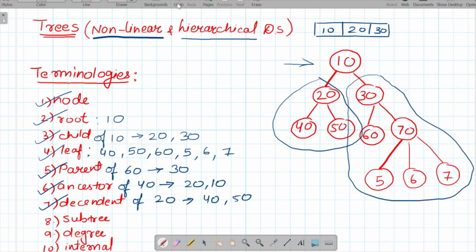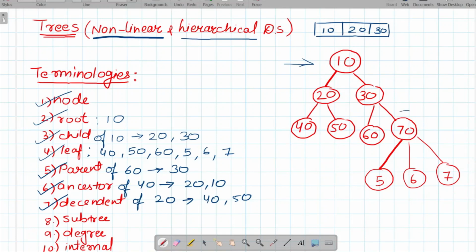There can be many subtrees possible. Again, this one can be a subtree. Similarly, all these are the subtrees of a given tree. Okay, now let's see what the degree is. So degree in a tree